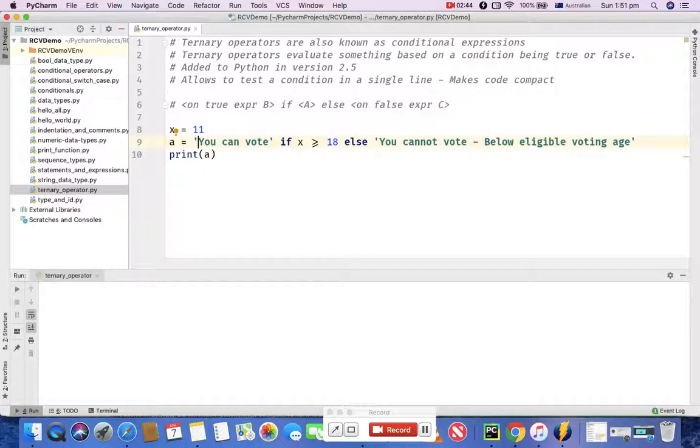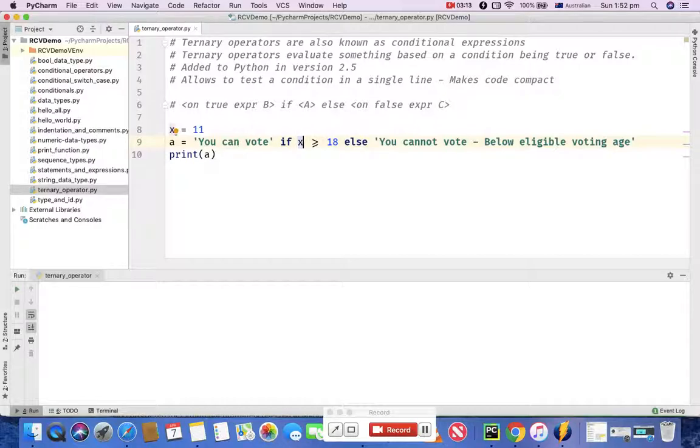I have the condition here: after if, the first condition to be evaluated in the ternary operator is x is greater than or equal to 18. It will first take whatever the variable is. At the moment the declared variable is 11. It will pass the 11 to x and check if x is greater than or equal to 18,